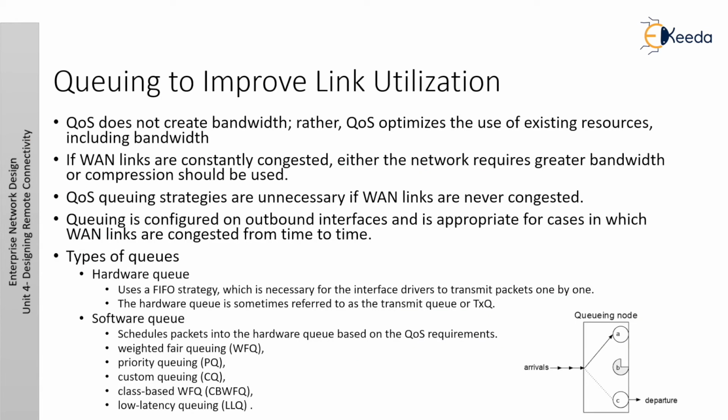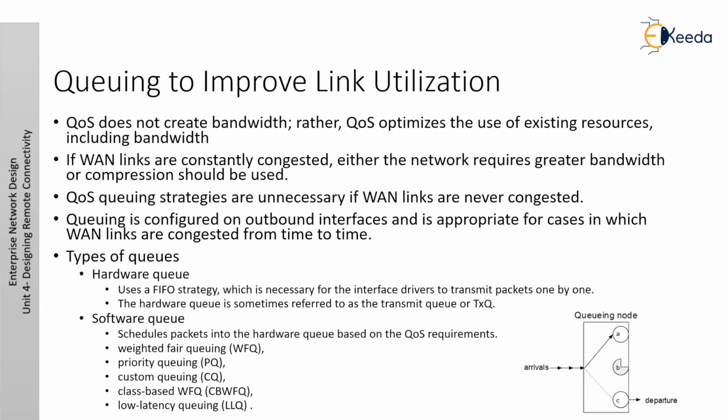Queuing to improve link utilization. So to improve the link utilization, Cisco has developed quality of service techniques to avoid temporary congestion and provide preferential treatment for critical applications. Quality of service mechanisms such as queuing and scheduling, policing, limiting the access rate, and traffic shaping enable network operators to deploy and operate large-scale networks that efficiently handle both bandwidth-hungry traffic, such as multimedia and web traffic, and mission-critical applications such as host-based applications. So for this purpose, we use queuing.